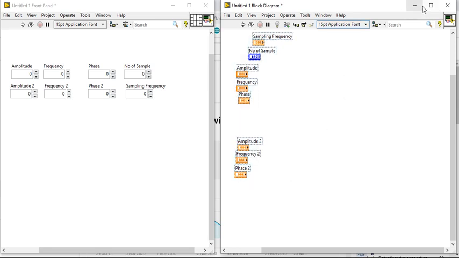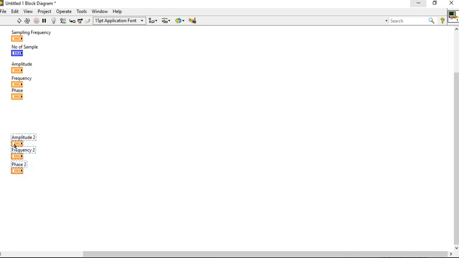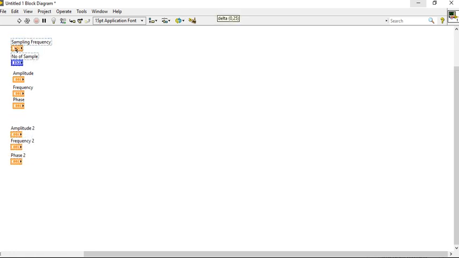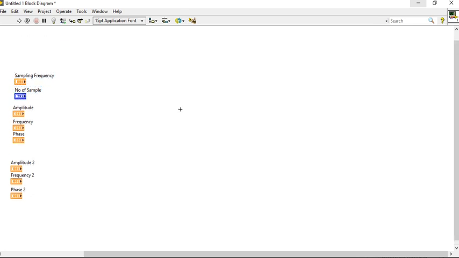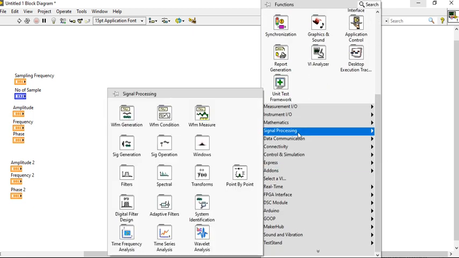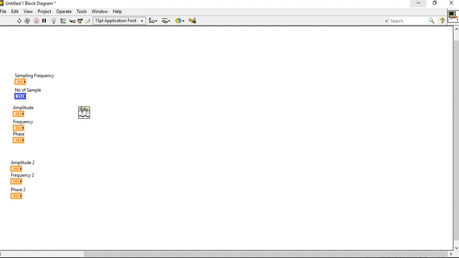Select all, click in the block diagram, come here. Now right click, come into the signal processing, come inside the waveform generation and take sine wave.